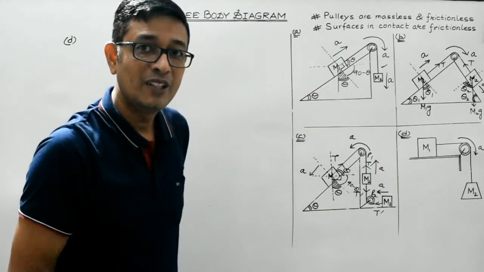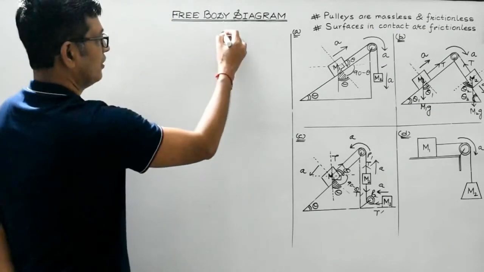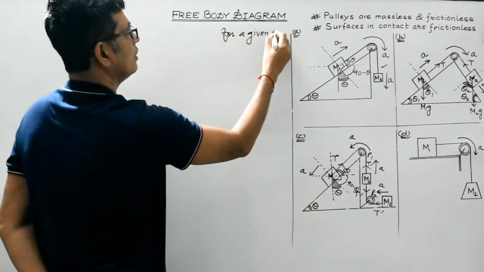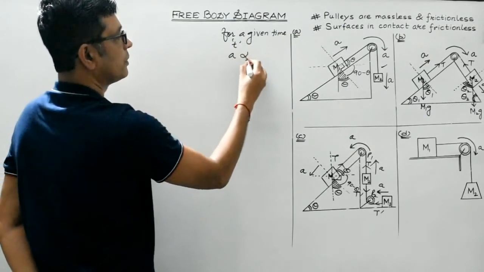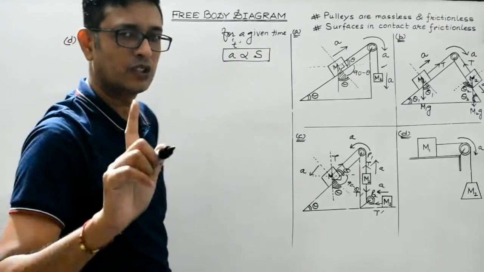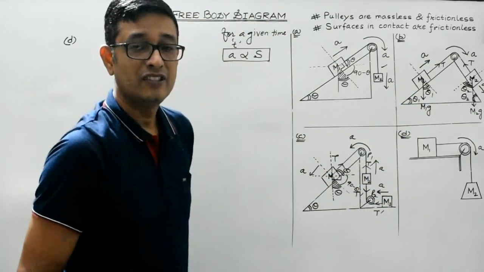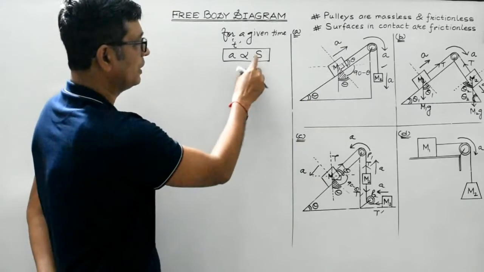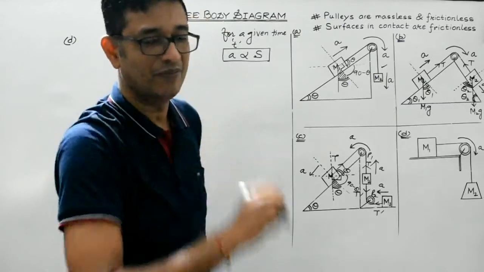So in a given time, both the bodies will definitely have the same acceleration, isn't it? We are aware that for a given time t, acceleration is directly proportional to displacement. So in the case of fixed pulleys, remember students, the bodies which are connected through a string over that pulley must be having the same displacement in the same given times. Therefore, acceleration of those bodies must be same, isn't it?